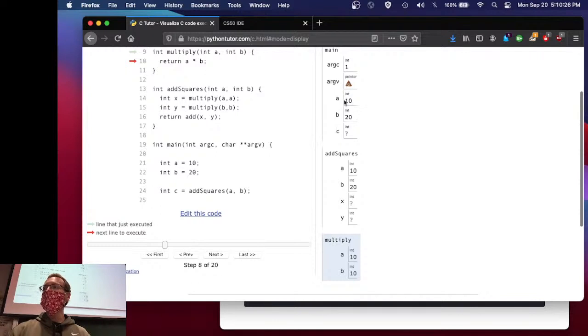This A up here is not the same thing as this A down here, and it's not the same thing as this A over here. Hopefully that's abundantly clear when you look at B. This B has a value of 20. This B has a value of 20. But remember, I didn't pass B into the multiply function yet. I passed 2 copies of A, 10 and 10. And you can see that this has a completely different value than these 2 other B's up here. Clearly, they are different variables. I may have 3 variables called A, but they're in different stack frames, they're in different scopes, and therefore